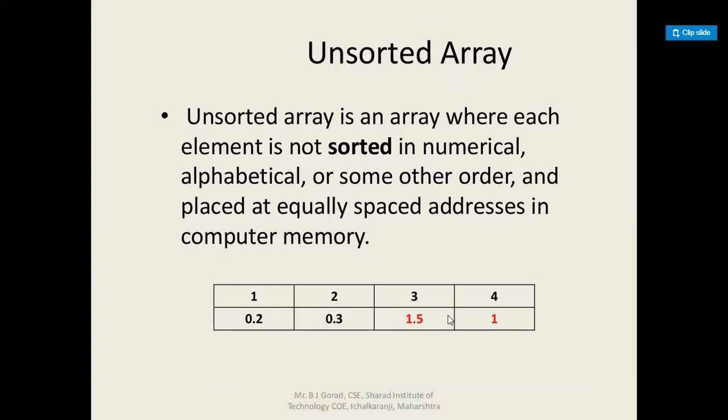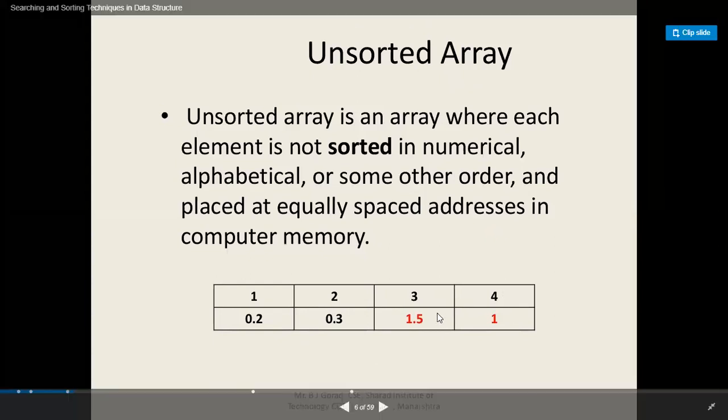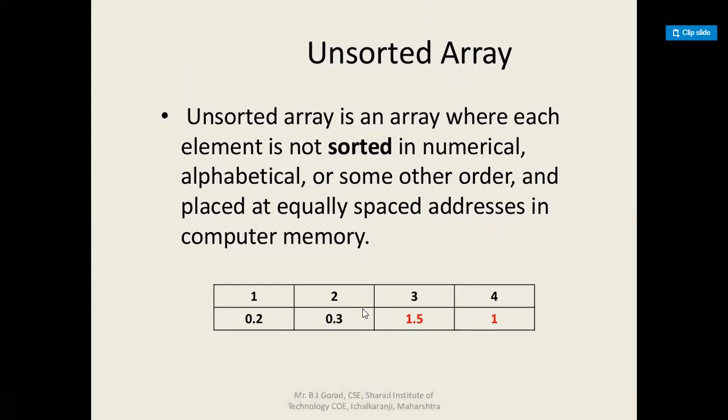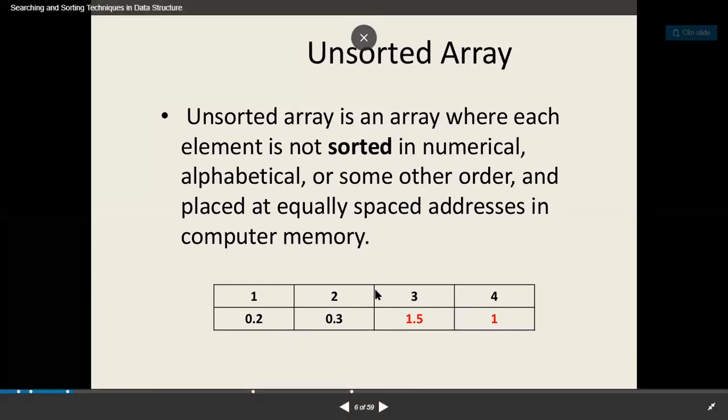The sorting can be, as we have said, from different criteria. So it might seem like 0.15 and then 1, so from large to small. But again, if I come back to this part, you will see that there is actually no common pattern. So the point I'm trying to make is that whenever we're storing data, sometimes it might look sorted, but the sort has to be applied throughout the array. So if you have an array of size 1000, that means all the 1000 elements have to be sorted.